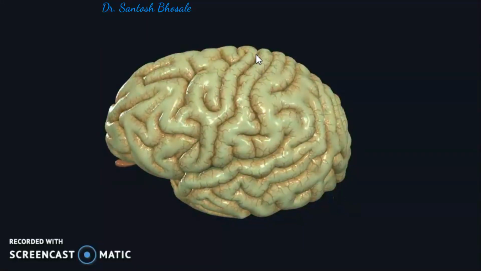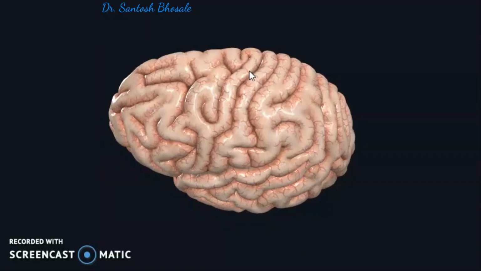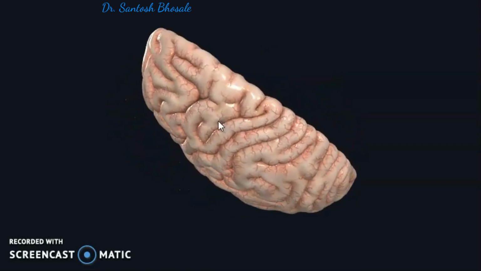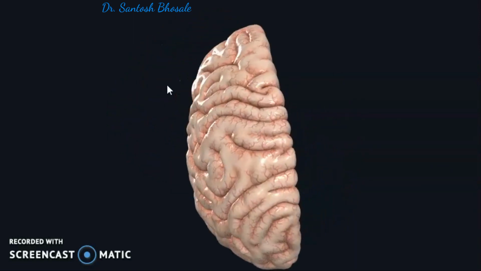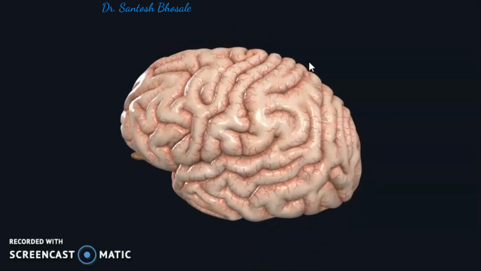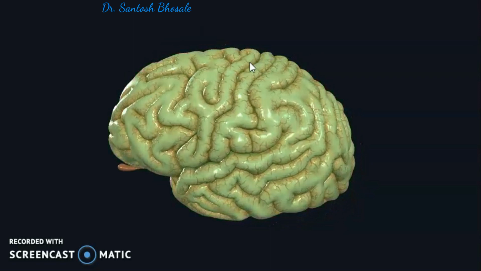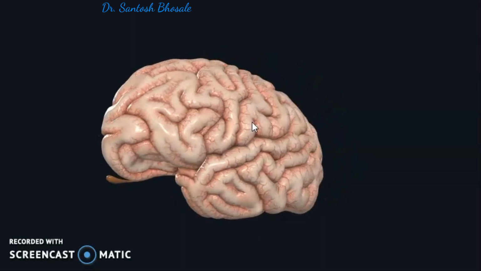Now you are seeing the lateral view of the left cerebral hemisphere. You can note the central sulcus there. What are the features of the central sulcus? It cuts the medial border or supromedial border. There are many sulci which cut the supromedial border, but this one cuts the supromedial border, then runs downwards, forwards and laterally. You can notice no other sulcus is doing that.